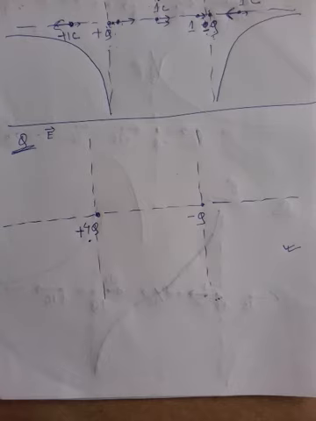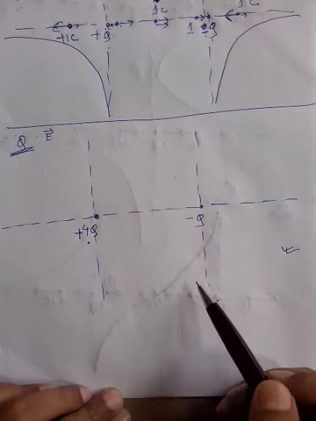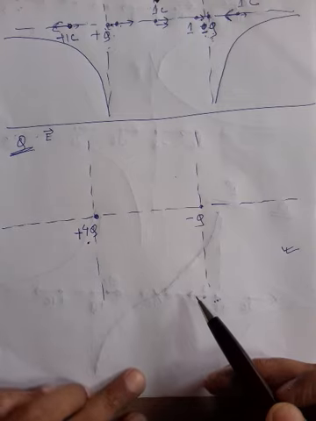We are discussing electric field, and in the last class one homework was given to you. Two point charges, plus 4q and minus q, are kept fixed at some separation. Along the line joining them we have to draw the electric field as vectors. That was the homework in the last class.